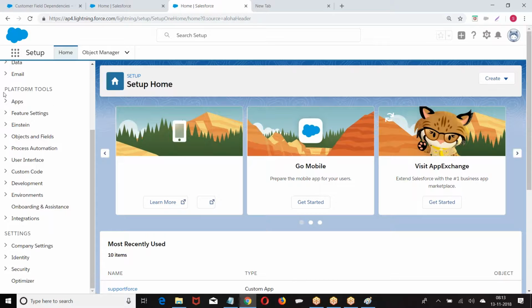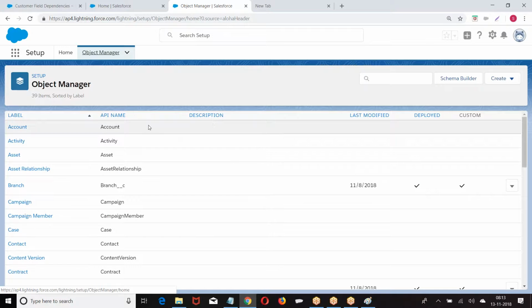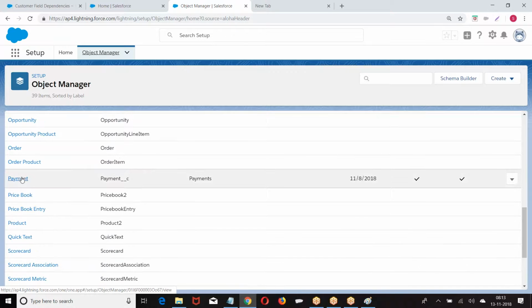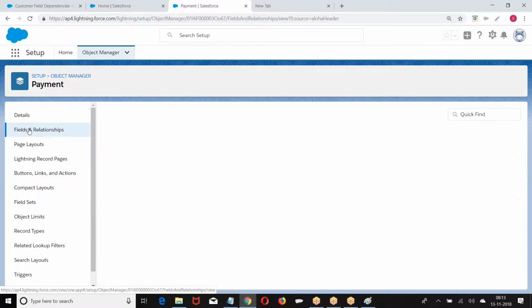We have Platform Tools, Objects and Fields, Object Manager. Then I'll go with the Payment object. Open the object. Then we have Fields and Relations.